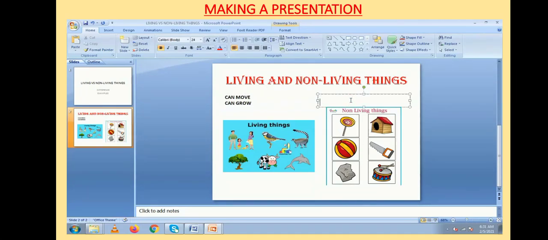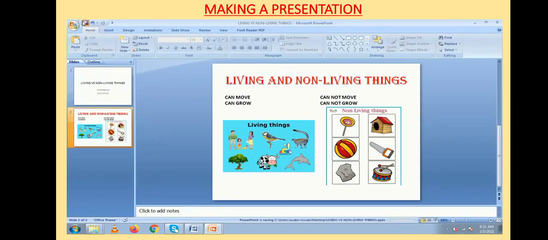Similarly, I can add few points about non-living things. Cannot move, cannot grow. So this way, if I want to add pictures along with important points, then this slide layout is suitable for me.